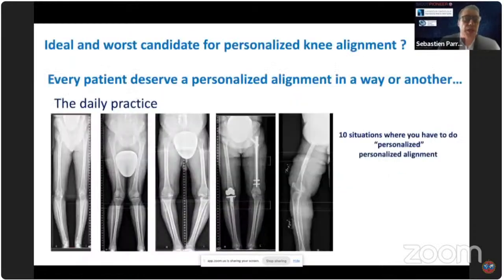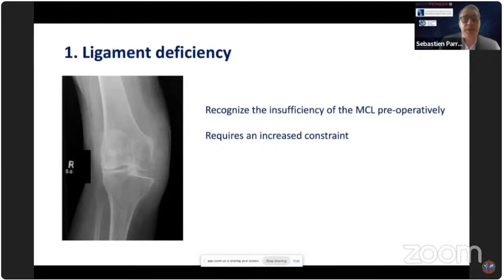There's, to me, no ideal or worst candidate. I do think that every patient deserves a personalized alignment in a way or another. However, in our daily practice, there's 10 situations where you have to do personalized alignment, and you have to be ready for sometimes some challenges, and you have to be able to identify that ahead of the surgery. To me, the first point that might limit the capacity to do a proper or standard personalized alignment is the